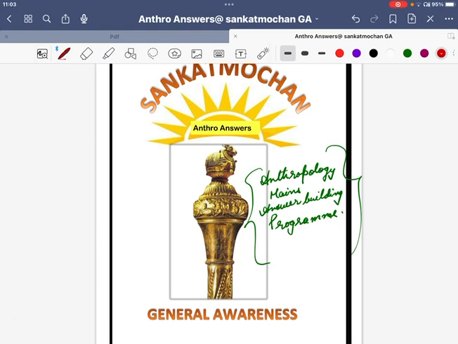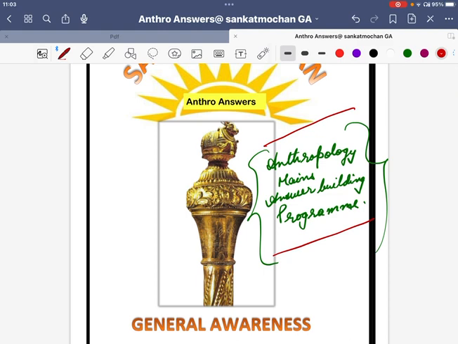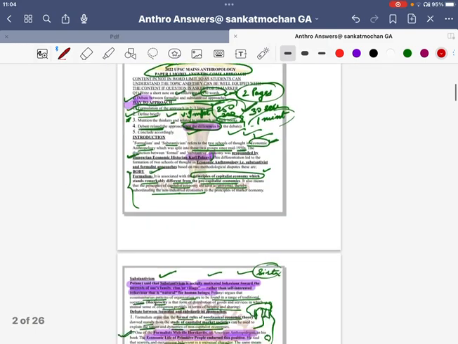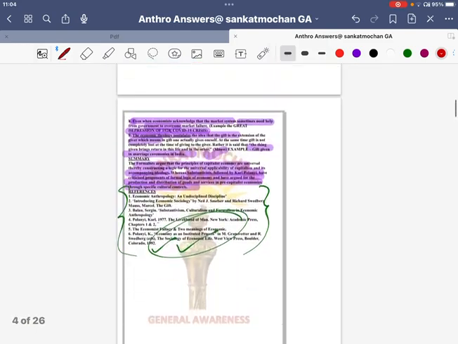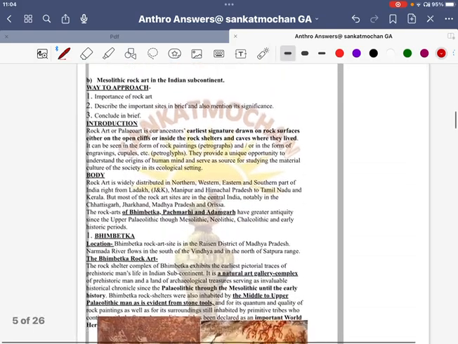This is Suraj. Now, as we have started our Mains Answer Boosting Program from Zero to Hero series, in this series we are covering the Anthropology Mains answer building program. Initially we started covering previous year questions of 2022, Paper 1 Anthropology. Yesterday we covered the first question and today we are going on to the second question. If you want to get this PDF, do visit our Telegram channel.